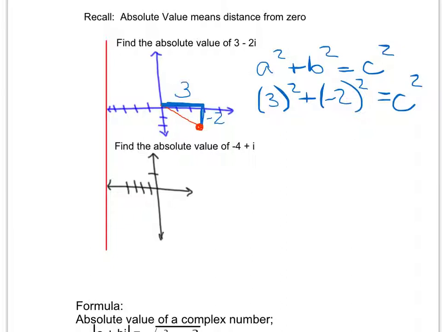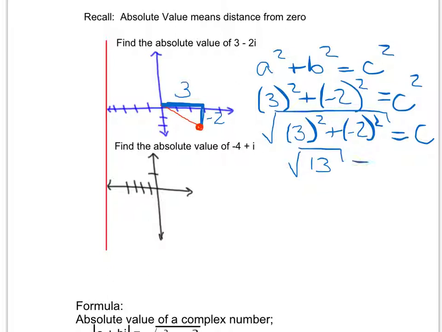If I go through the solving process before actually doing any calculations, I can anticipate that in order to solve for c as opposed to c squared, I'm going to have to take the square root of each side, giving me the square root of 3 squared plus -2 squared equals c. These do not cancel. I can only cancel out an exponent and a radical, or a square and a square root, if I have multiplication. I have to do the order of operations before anything will cancel. Be careful of that. So doing that gives me 9 plus 4,